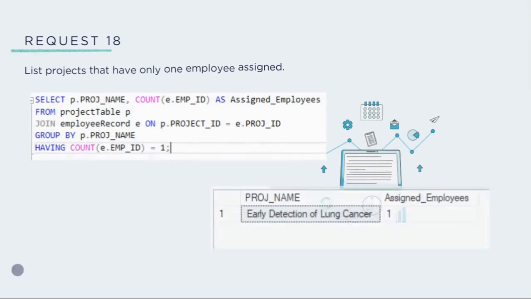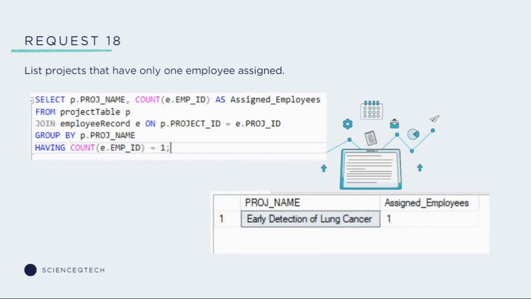Projects with only one employee assigned. To detect under-resourced projects. Query flags risk areas where a single point of failure exists, helping PMs redistribute or reinforce